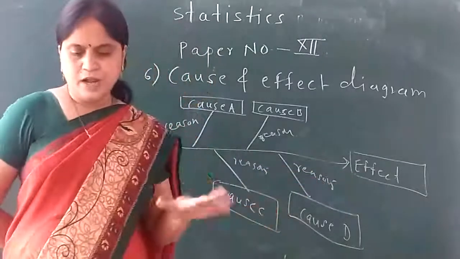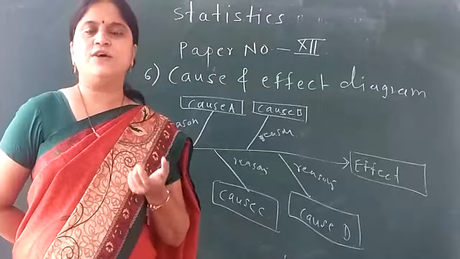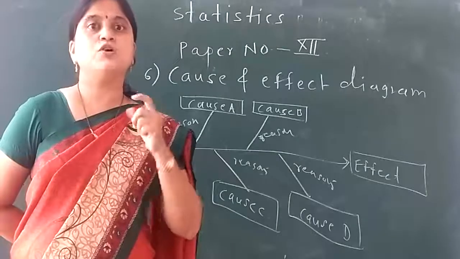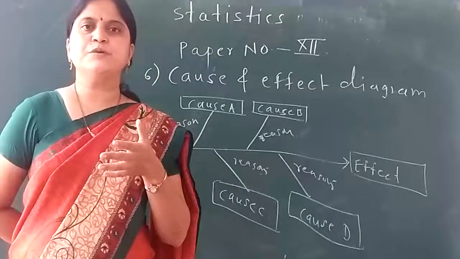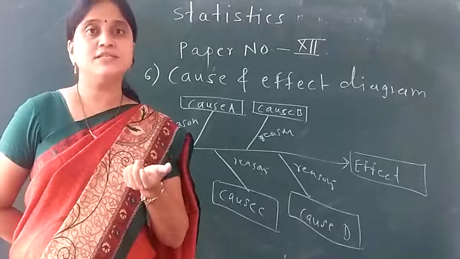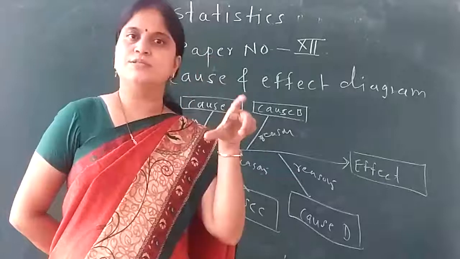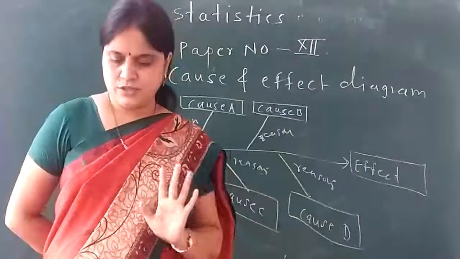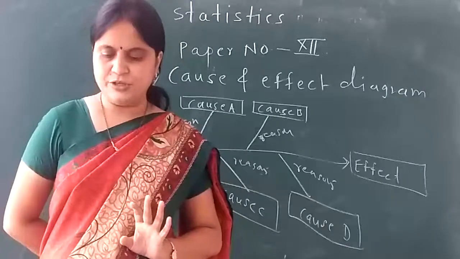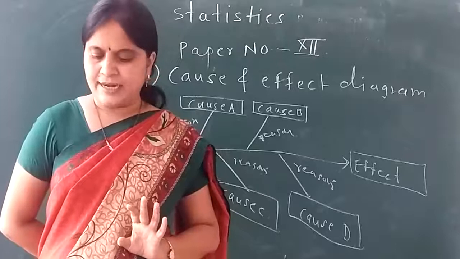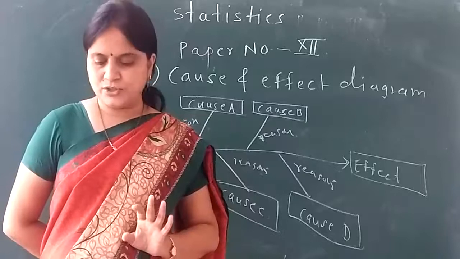After drawing this, specify the major potential causes because of which I have the particular effect. And for the particular causes, I must specify the reasons. Because of these reasons, the cause will appear, and because of these causes, I have the effect. After having this, identify the possible causes and classify them into categories. And rank order the causes to identify those that seem most likely to impact the problem.